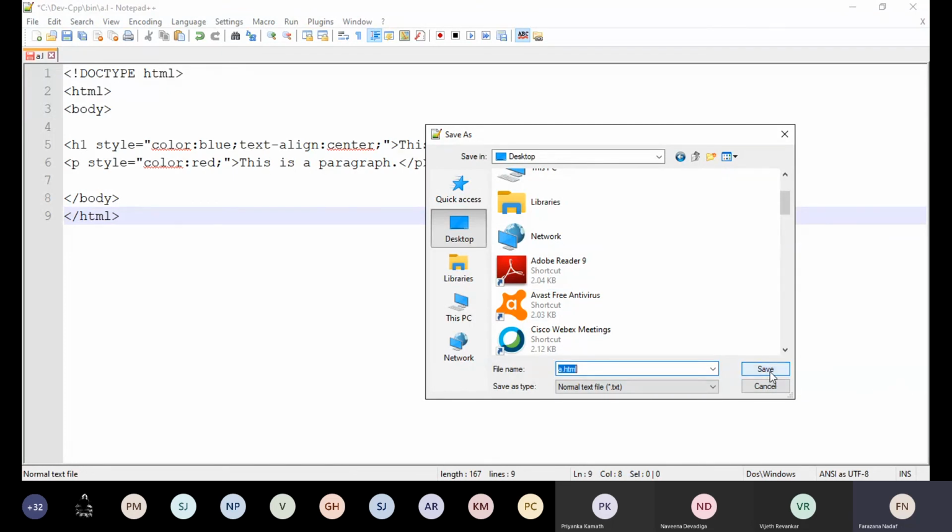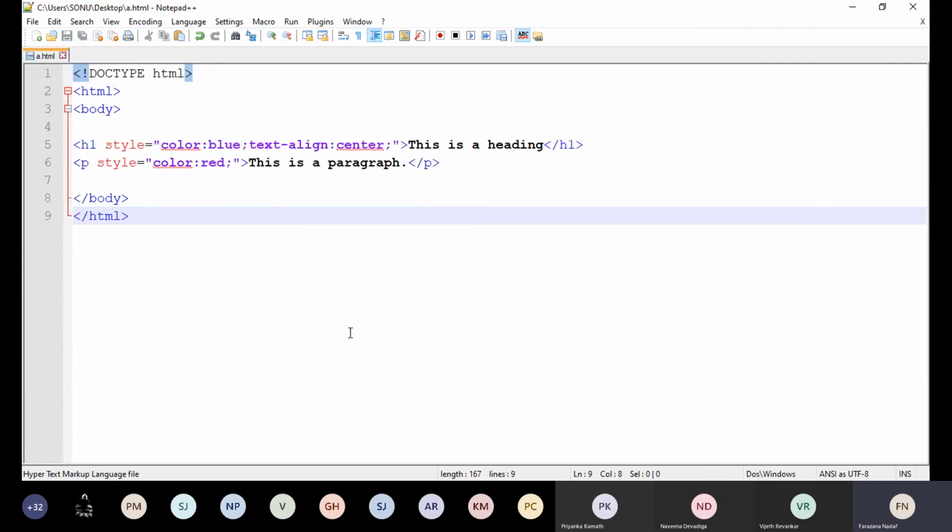Then that file will be added to the HTML page under the head element. So this is an HTML page where the two elements are used with styles. You can specify a style attribute under the HTML element H1 with the property values: color blue, text alignment center. Then the paragraph style is color red. Properties have to be ended with a semicolon. I'll just run it now and show you how the output will be.